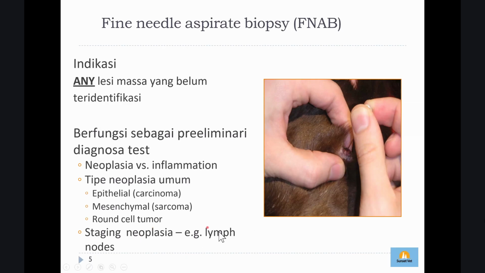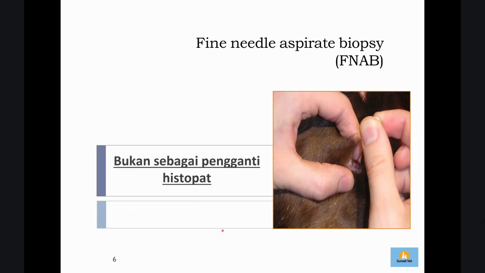And then staging neoplasia, it helps. Let's say you want to take a sample from the lymph node and you stick your needle in just to see what's going on there. Is there any spread from the mass that you suspect? Like that one. And the thing you have to remember for fine needle aspiration is that it's not a